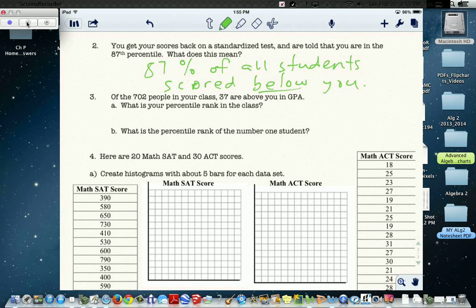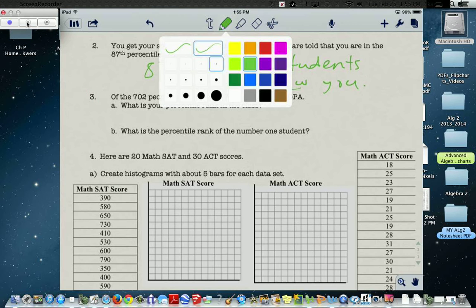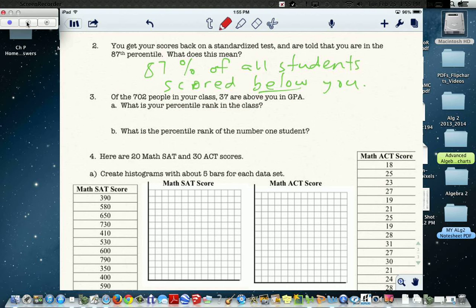So a percentile rank is always the amount below you. So if we have 702 people in your class and there are 37 above you in GPA, what is your percentile rank in the class? To be really accurate, I'm going to do 702 minus 38,